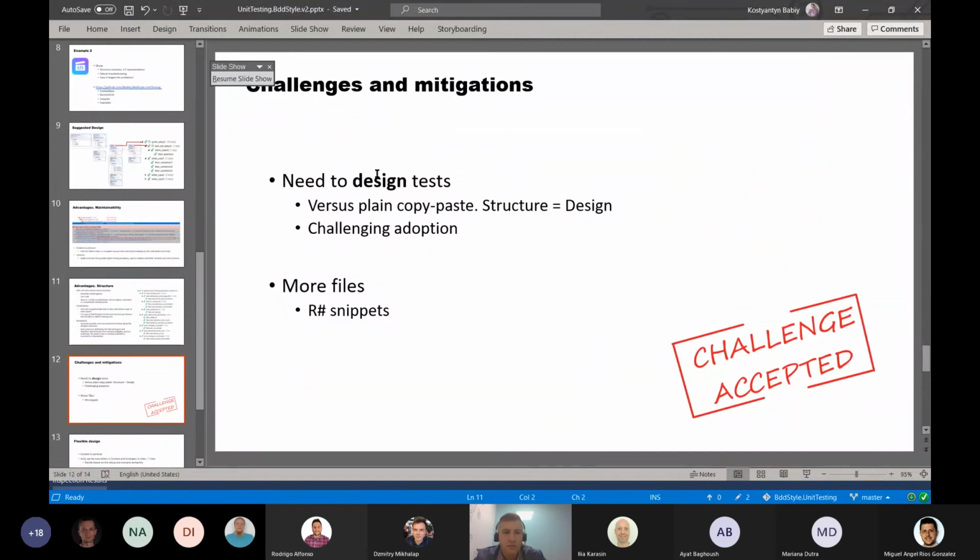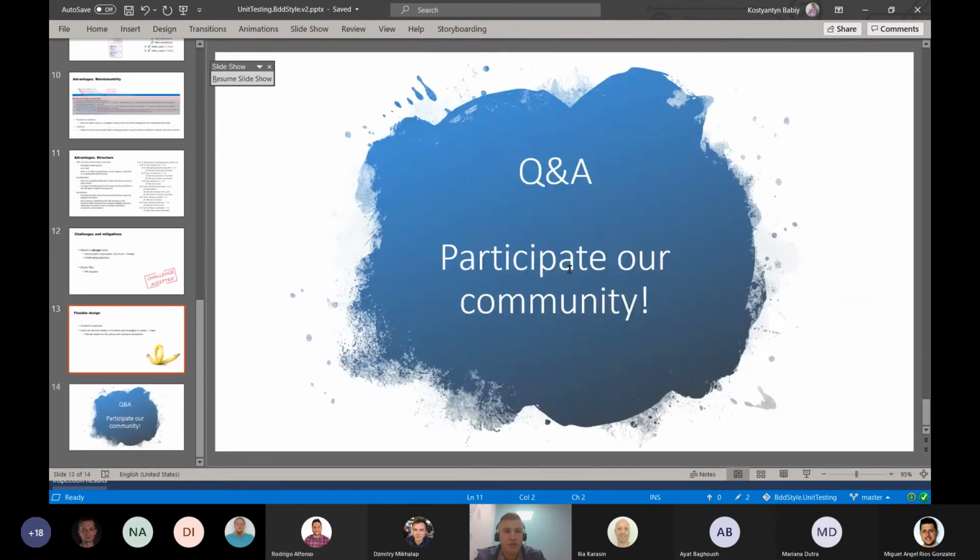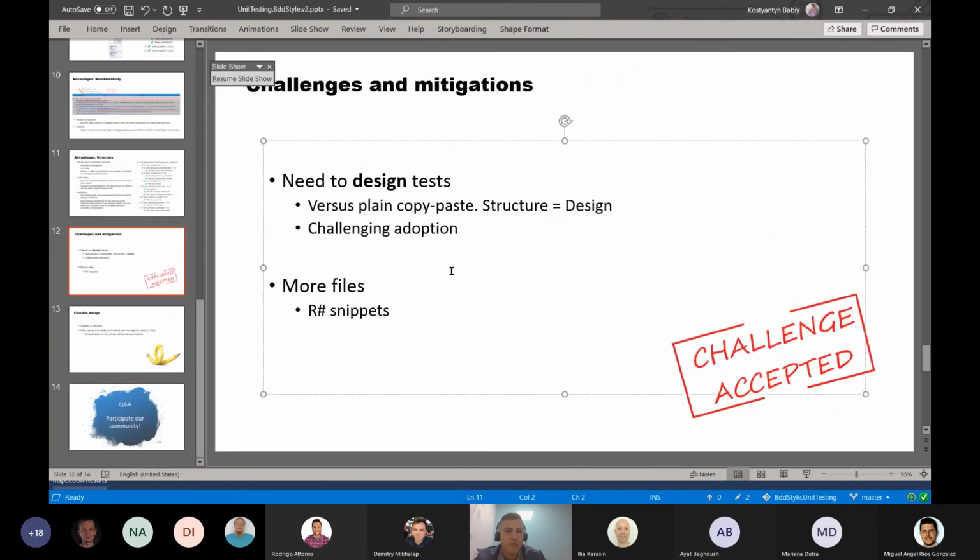So if you want to try this, feel free to try. If you need advice, reach out to me. I will try to help, because I really advocate for this approach, so I would dedicate time to help with that. If you try to structure things that were plain, unstructured and copy-paste in nature before, it is probably going to be a bit more complex at the beginning until you're used to the change,